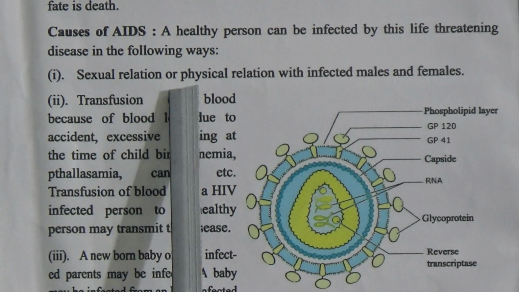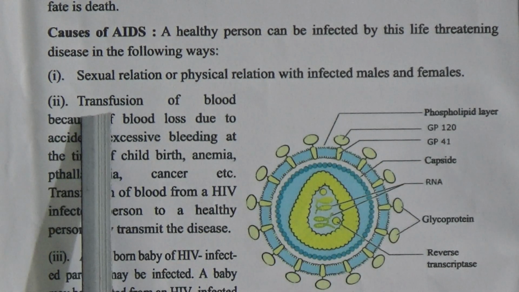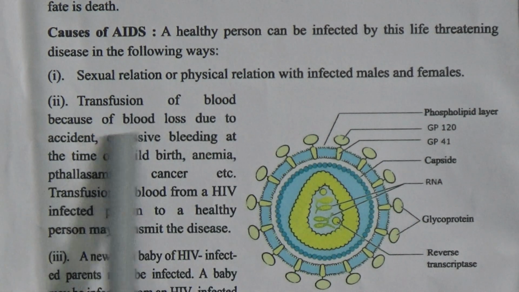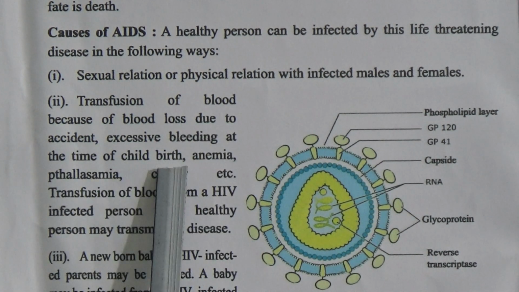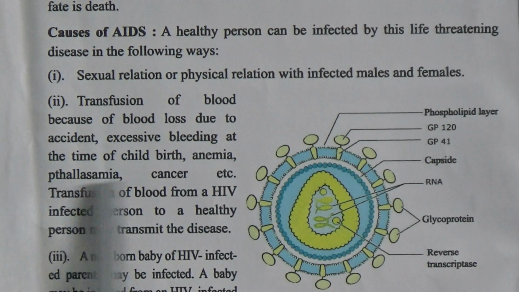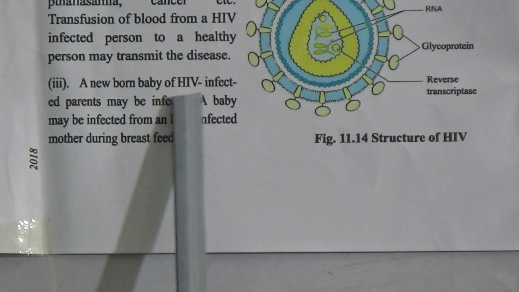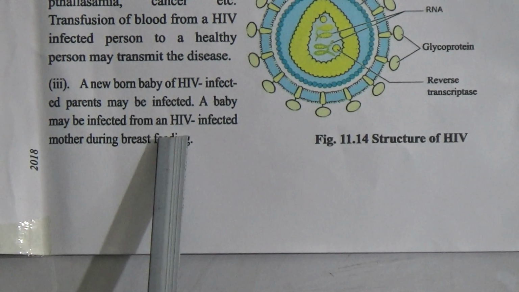One number is sexual relation or physical relation with infected male and female, and 2 number point is transfusion of blood because of blood loss due to accident, excessive bleeding at the time of childbirth, anemia, thalassemia, cancer, etc. Transfusion of blood from HIV infected person to a healthy person may transmit the disease. 3 number, a newborn baby of HIV infected parent may be infected. A baby may be infected from an HIV